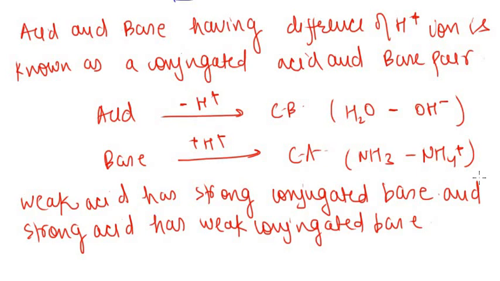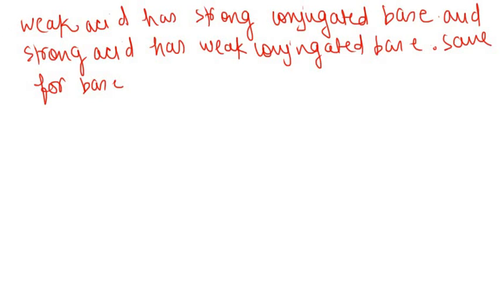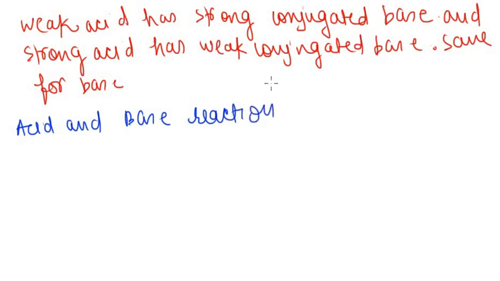So it is the same for base, like weak base has strong conjugate acid, and a strong base has weak conjugate acid. Now, acid and base reaction. Whenever there is a reaction between acid and base, it will always proceed